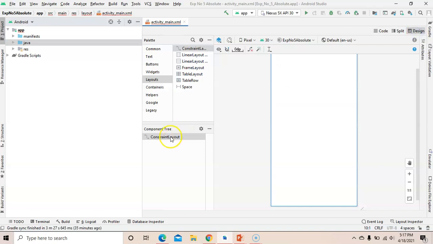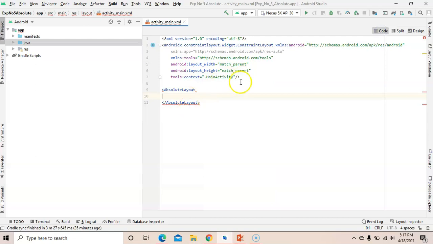So go to the design, first of all constraint, go to the code. There is no option of constraint closing, that's why the error is coming. If the constraint layout's syntax is missing, then the error will come.